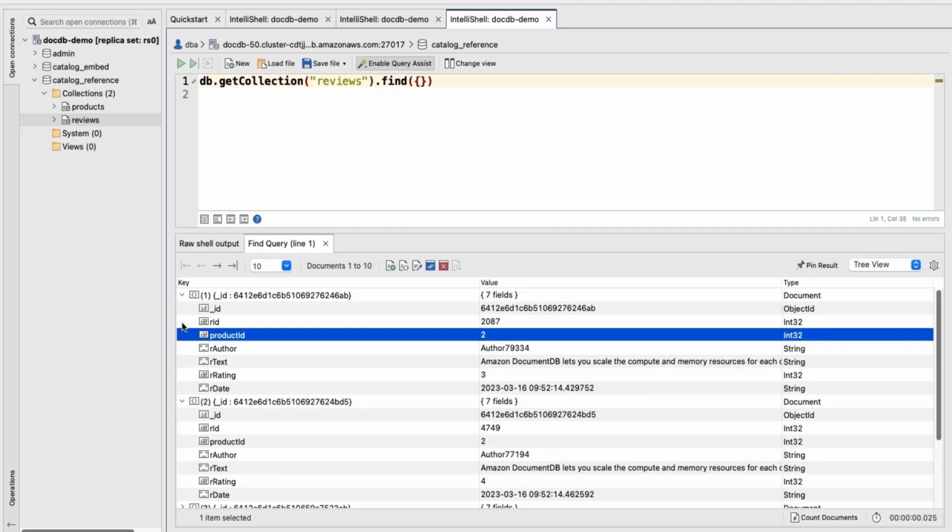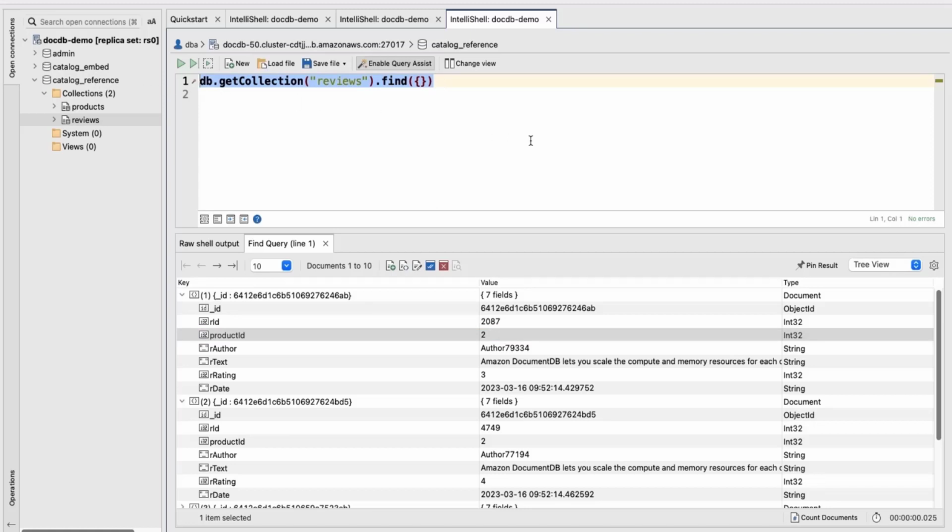Each review document will have a product ID attribute. Now, to retrieve all the related information for a product, you have two options. One is to execute multiple queries and merge that data at the application level, or merge it at the database level using a join.